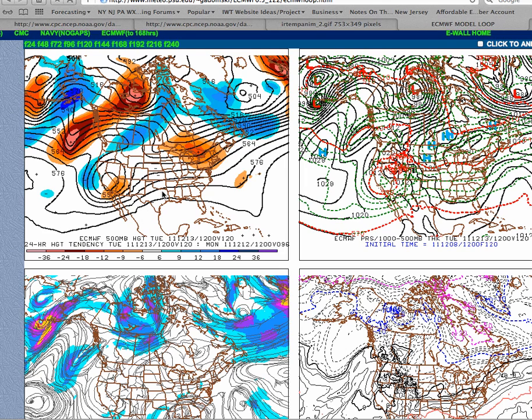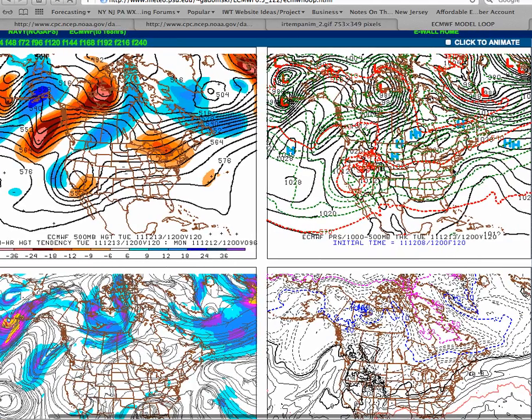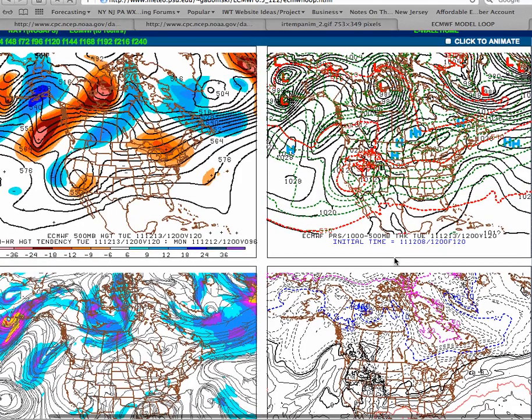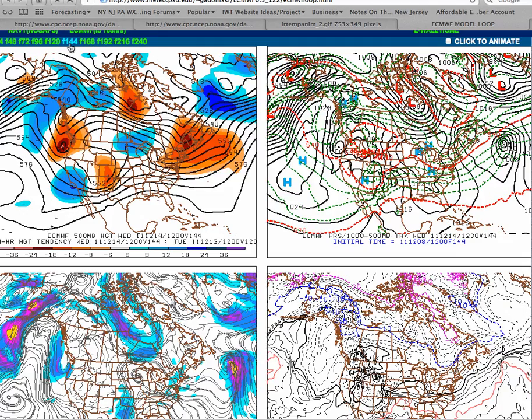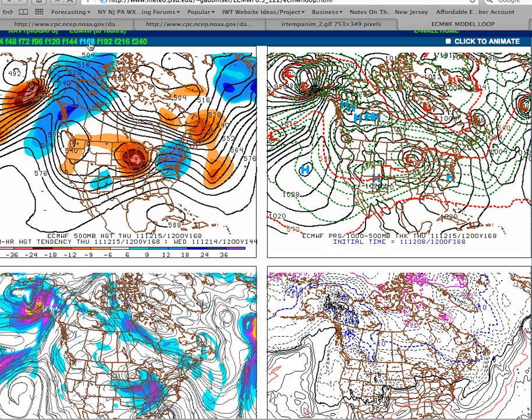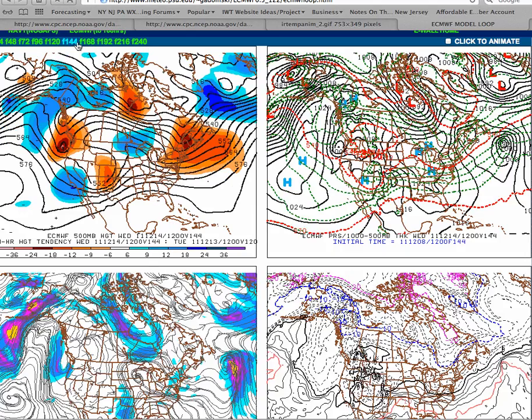Now, this clearly would not support a snowstorm that we're used to seeing the past few years, mostly because look at the Atlantic. It's a very progressive pattern with a positive NAO pattern. This would lead to a very fast-moving storm if a storm should develop. Of course, in this case, on Tuesday morning, we have high pressure, and temperatures are basically near normal or slightly below normal. Nothing too significant. Now, moving forward in time through next week, you could see some interesting changes take place.